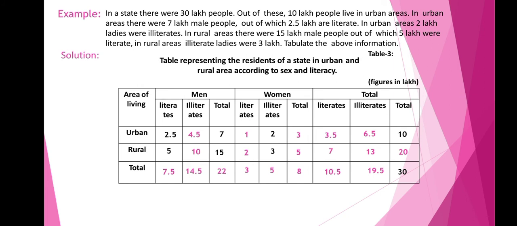After calculating all, see, these pink values are the calculated values, and these values which are in black are the given values. Next we can write down the footnote. Under the footnote I have written that computed figures are in pink. If I have to mention anything, I have to write it in the footnote, and here we will write down the source.